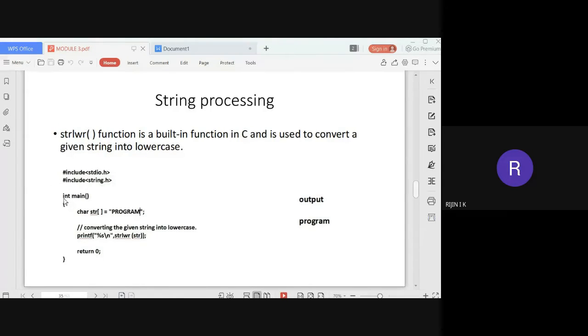Then after that, we are writing our main program. This is the syntax, that is int main. Inside that, we are converting the given string into lowercase letters. For that, we need an array to store our string, a character type array. So we declare char str, and at the time of declaration we will provide the value also, that is equal to double quotes, inside the double quotes,